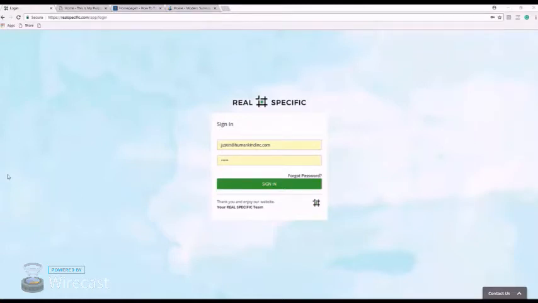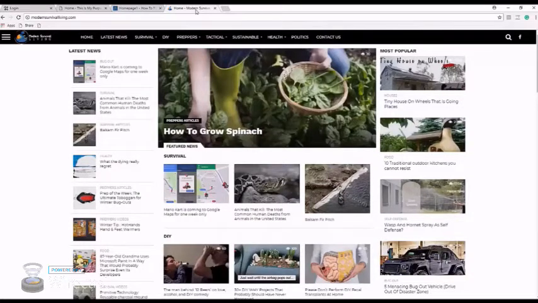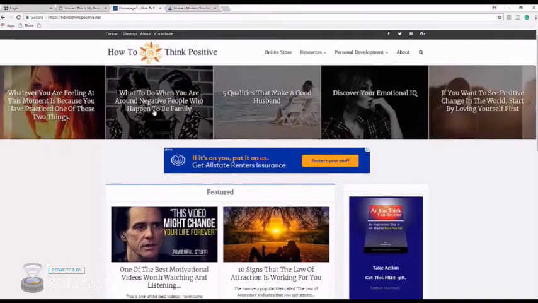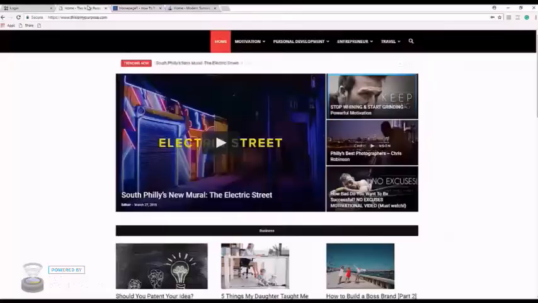Now, before I jump into the actual dashboard, I just want to give you a peek of different types of sites that you can build. So here's a modern survival living site that we have. Here's a how to think positive website that we have, very high quality content, driving a lot of traffic. And then here's another website that I'm building all about